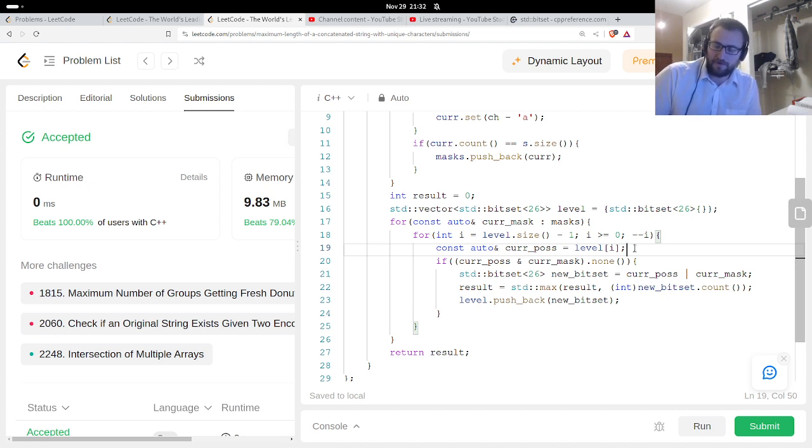this kind of reminds me of when you count the number of subsets in a power set. If you're going to generate all the subsets of a power set, you could do it this way, where you add each element to all of the sets you've already seen. That's kind of what this is doing.